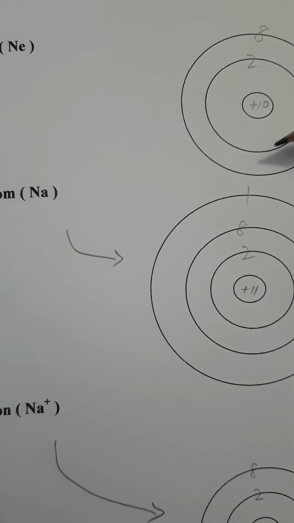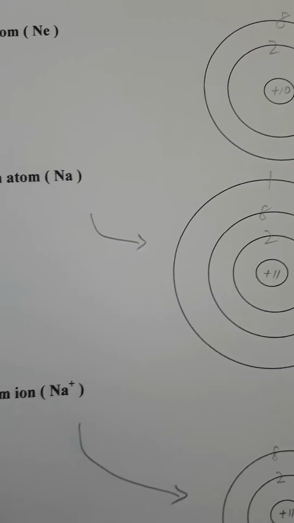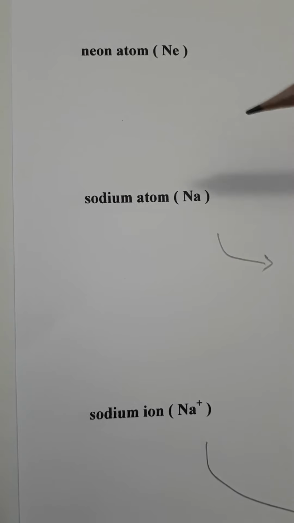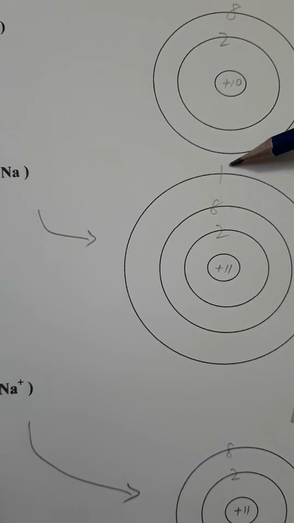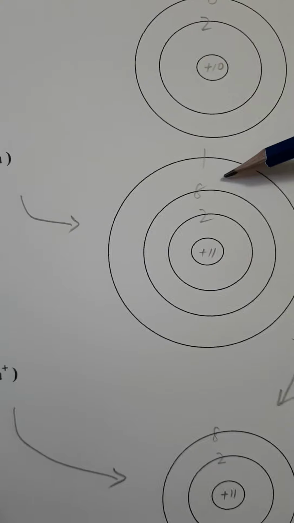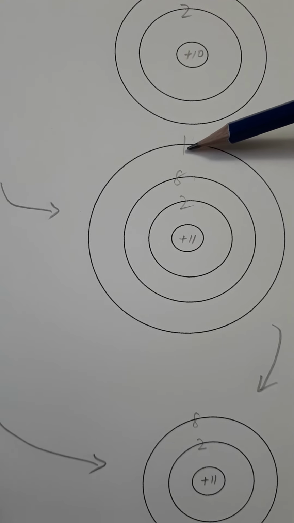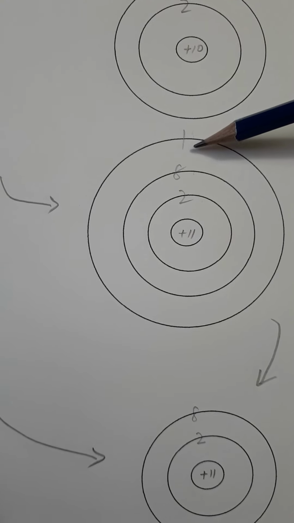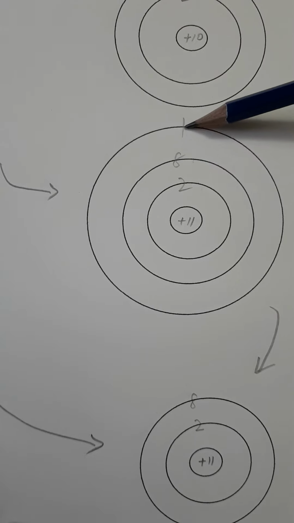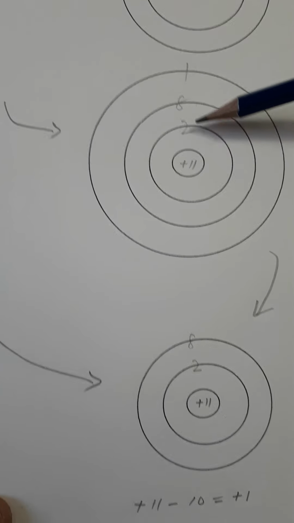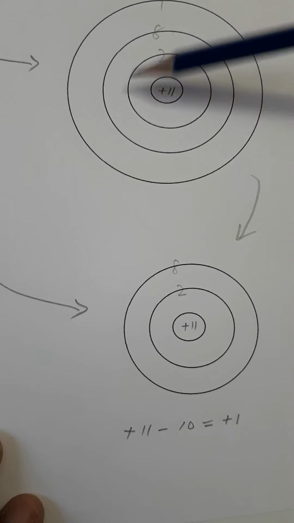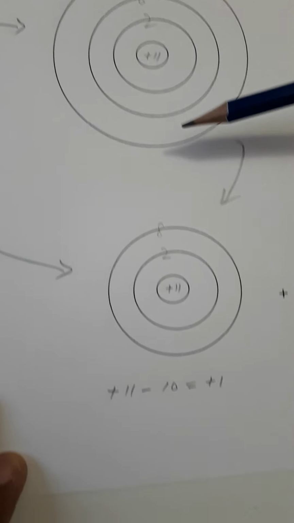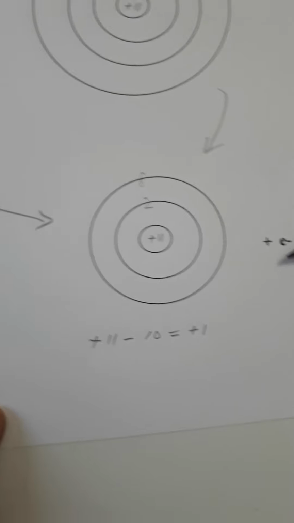But if you look at a sodium atom, its electronic configuration is like this: 2, 8, 1. Therefore, sodium will always try to give out an electron when it reacts, so that it will also have 8 in the last shell. So this sodium atom becomes a sodium ion and an electron.